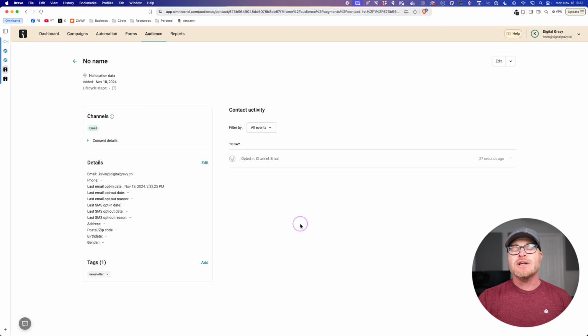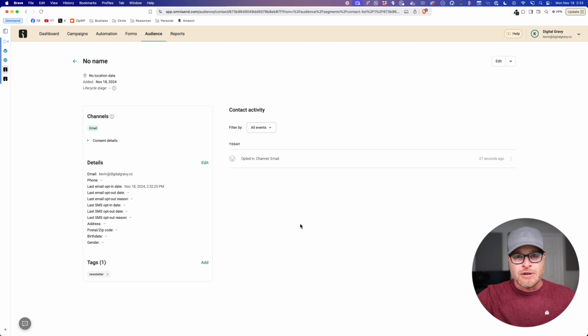This is fantastic. Now, I want to take a moment to talk about tags and segmentation versus the old style of email marketing, which was all list-based email marketing. I am not a fan of list-based email marketing. I like tags. I like segmentation. It's much, much more dynamic. It's easier to understand. Anybody who has worked with tags in Gmail or something like that knows it's very easy to understand that one person can have multiple tags based on things that they've done or that have happened to them in your system. Like they purchased something, right?